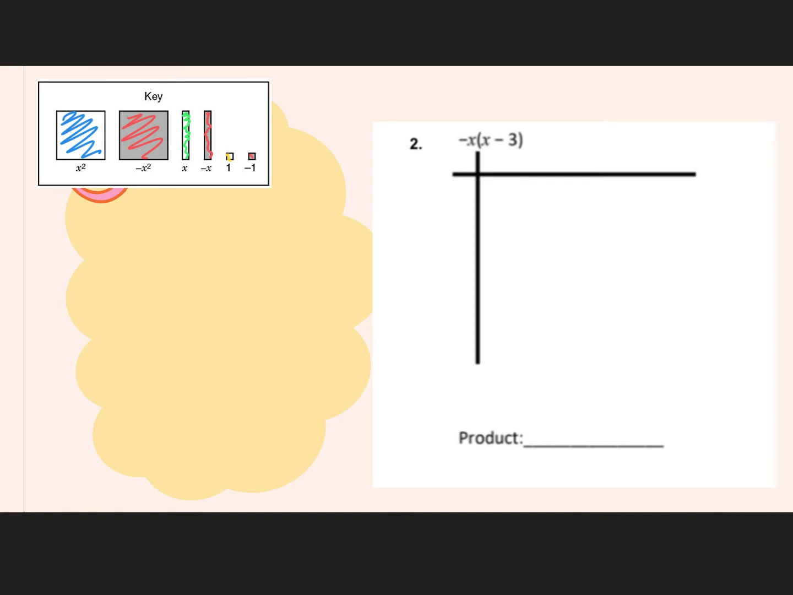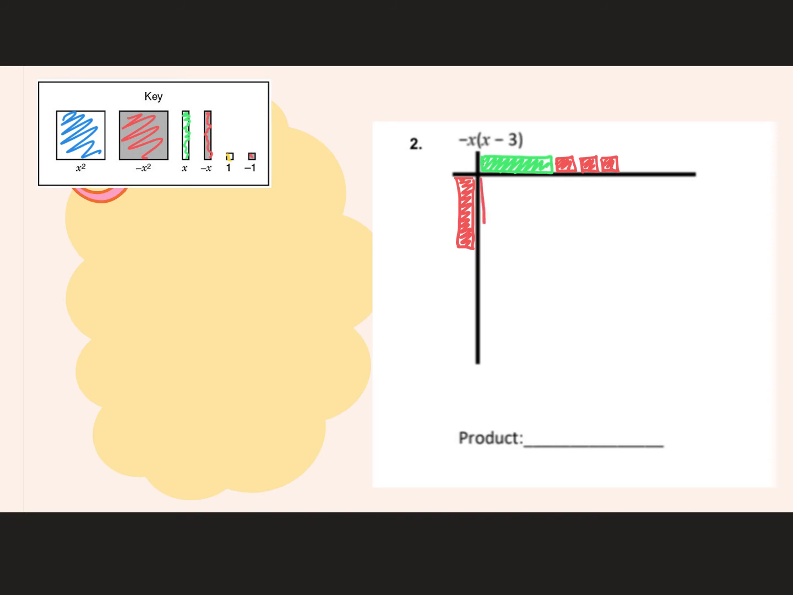All right, so now let's take a look at it. So I have negative X. So I'm going to draw my negative red X tile here, and that's being multiplied by positive X and negative 3. So I'm going to have 3 of my negative tiles. All right, so again, I'm multiplying a negative X times a positive X, which is going to give